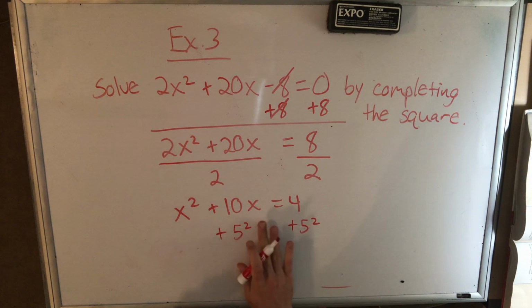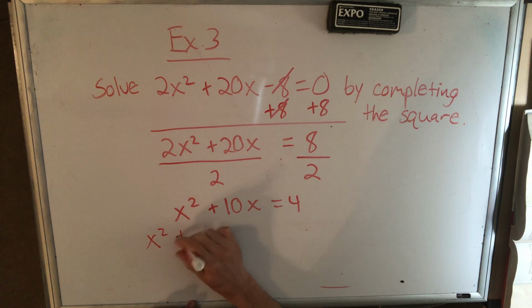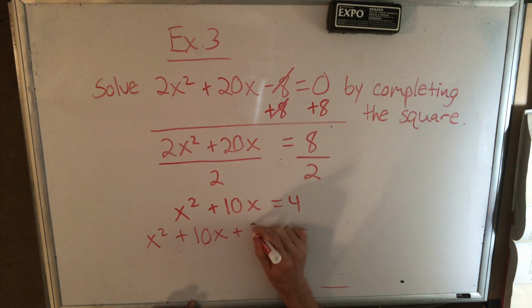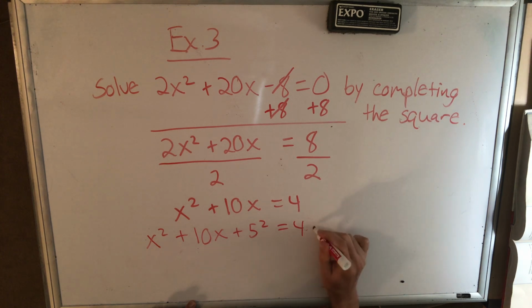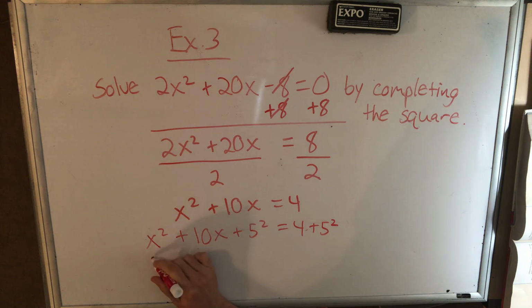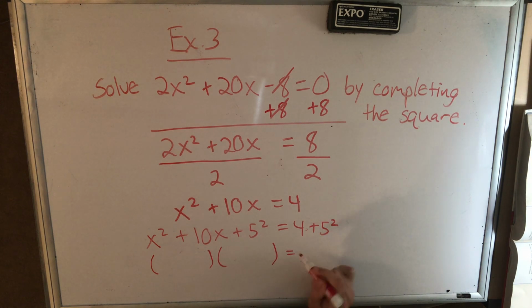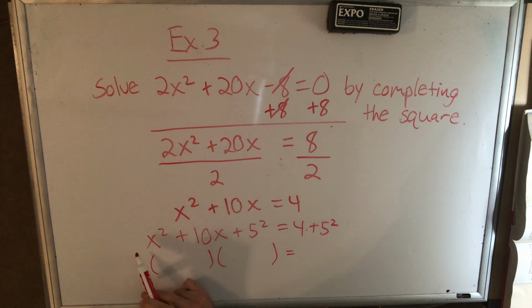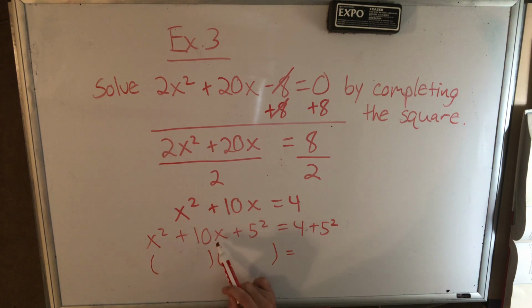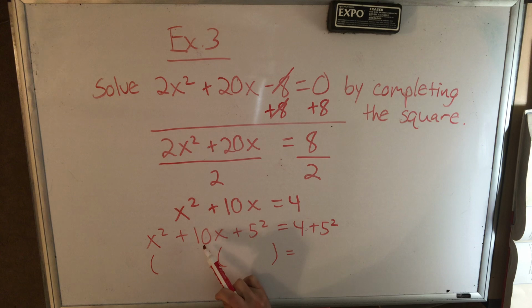So I'm just going to make some more room here. I'll do a couple steps at once. So that's going to be x squared plus 10x plus 5 squared equals 4 plus 5 squared when adding 5 squared to both sides. And then let's factor the left side. Anytime you have a variable squared term not multiplied by a number, a variable term, and a constant that is the square of half of the coefficient of the variable term,